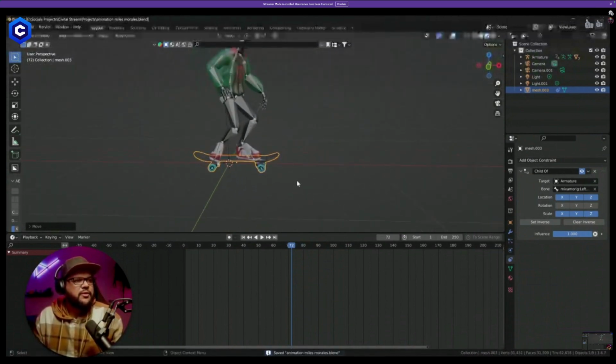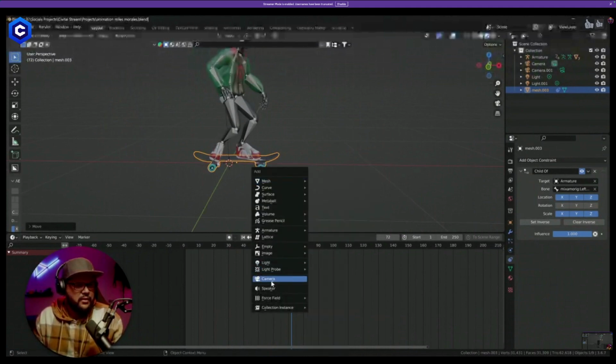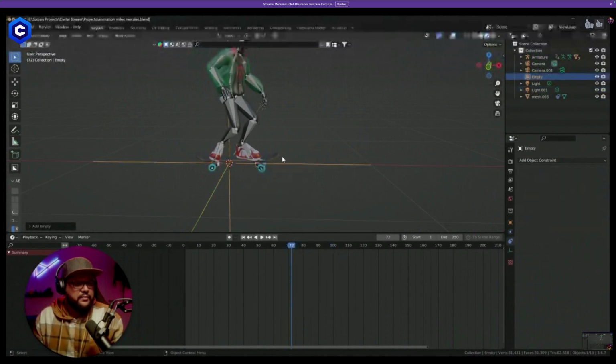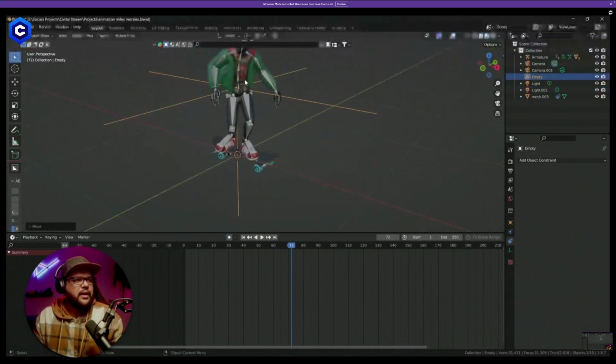And so I'm also going to create what's called an empty. And I'm going to bring this up a little bit higher right here. And then I'm going to